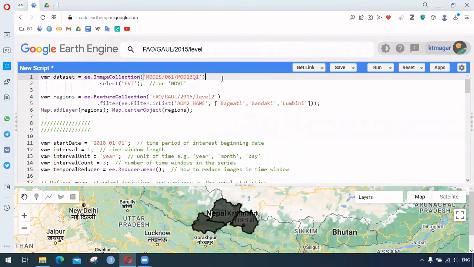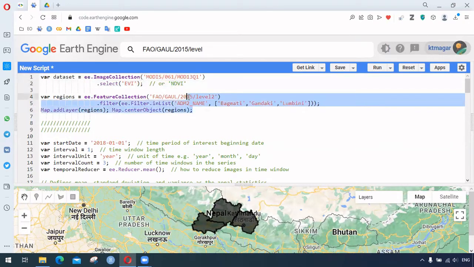Hello everyone, in this video I'm trying to explain spatiotemporal statistics calculation in Earth Engine. Spatiotemporal statistics relates to the mean or standard deviation of a certain parameter. For example, here we are doing it for EVI. We are selecting the EVI from this MODIS data set, and here we have the different boundary being selected from